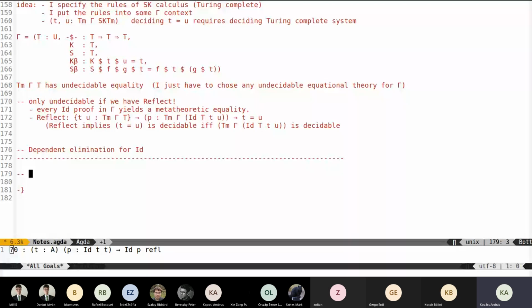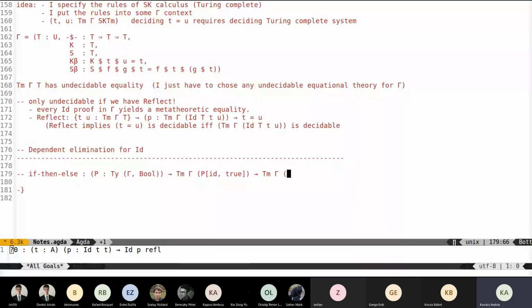So if we have a type which depends on bool, let's call it P, and if we have a term which has type P true,